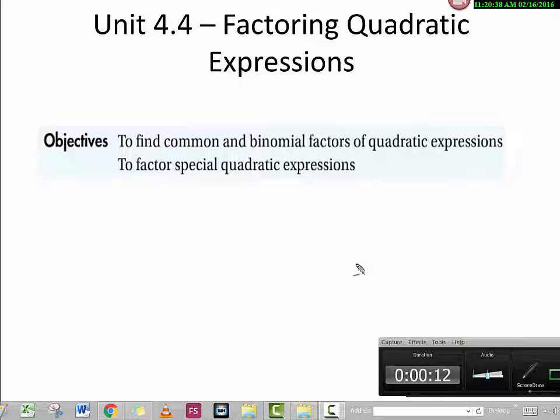Unit 4.4 Factoring Quadratic Expression. The objectives of this class are to find the common and binomial factors. I'll give you an example of a binomial, for example, a plus 2. This is a binomial. When you say quadratic expression, you have a square in one of those